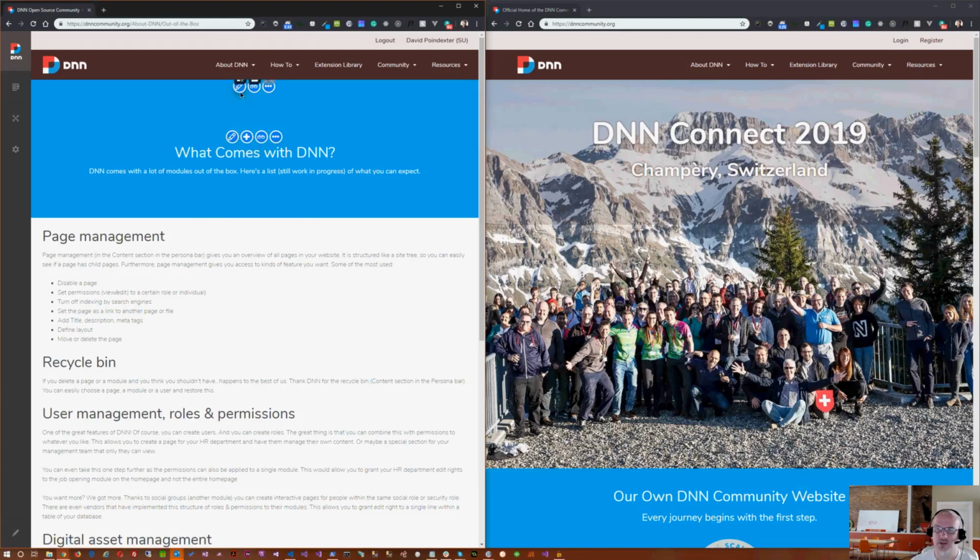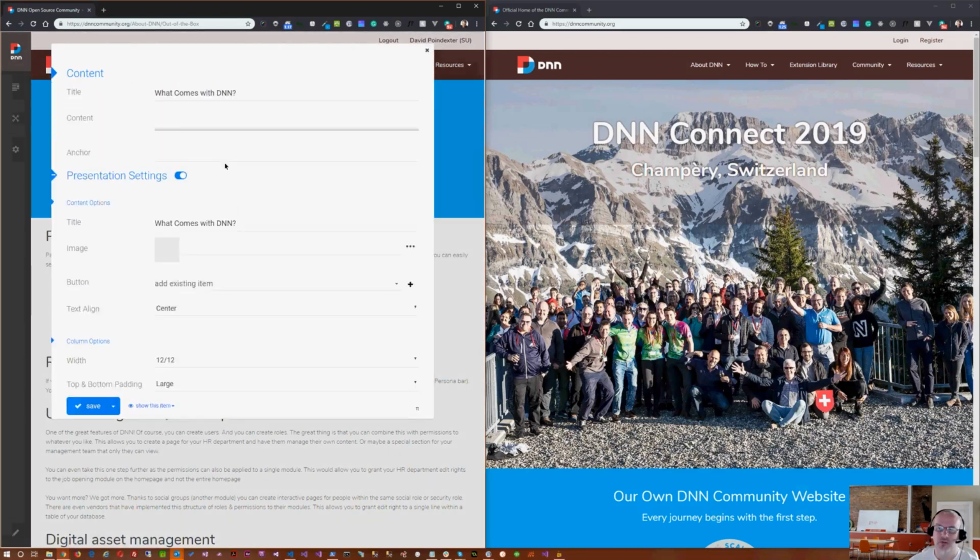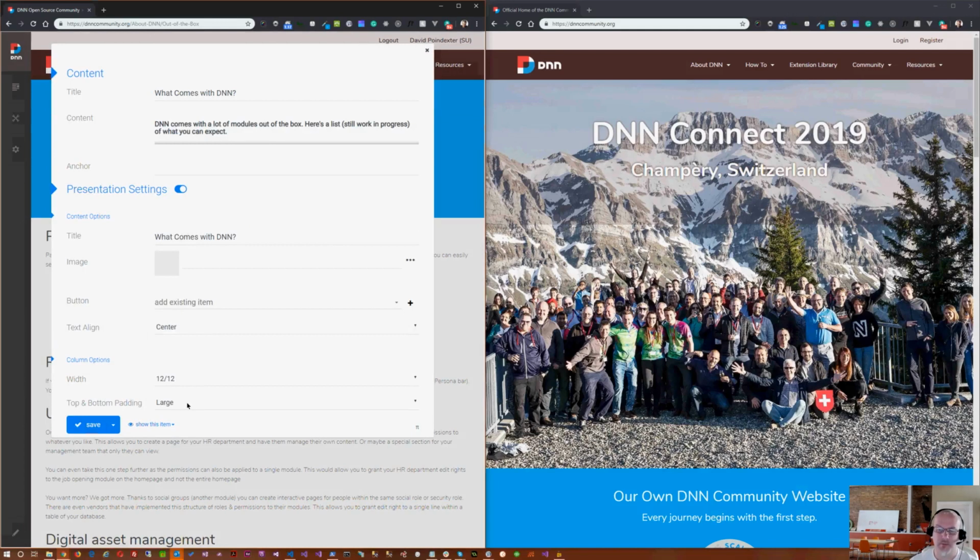So one of the things that you can do with this is that in the main content area, we actually have a field for top and bottom padding to be either small, medium, or large. So I just standardized all of these to be the large padding,